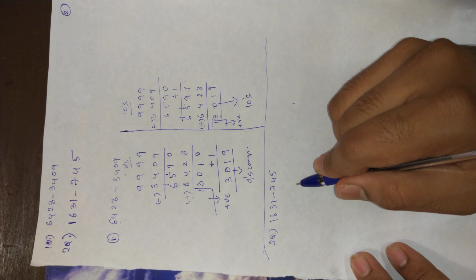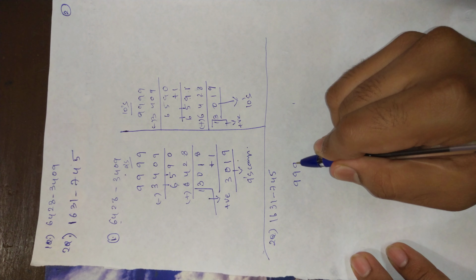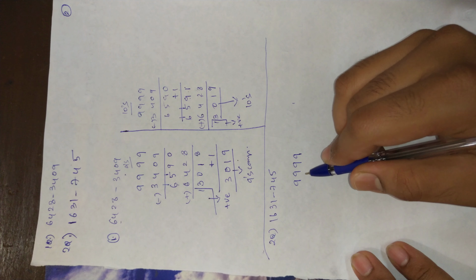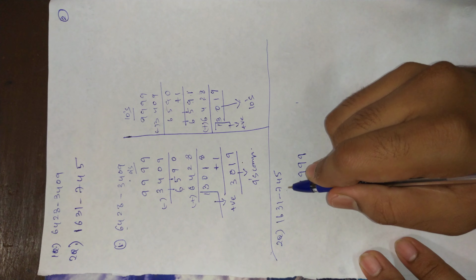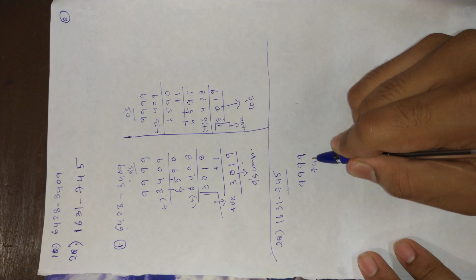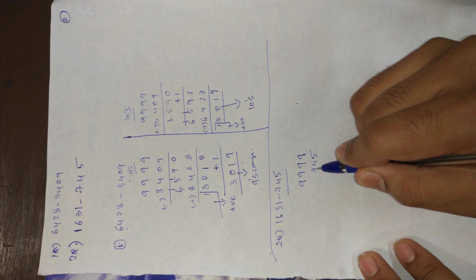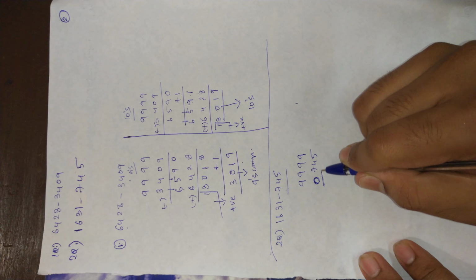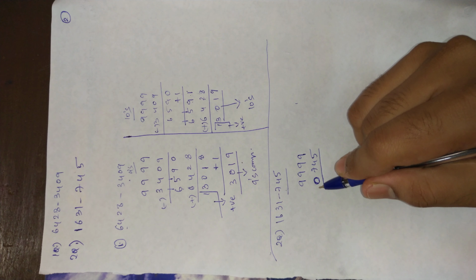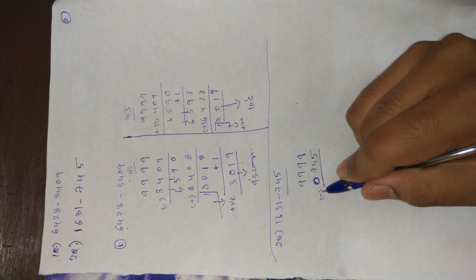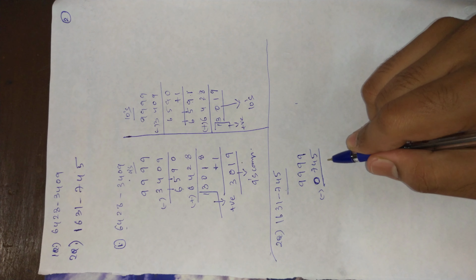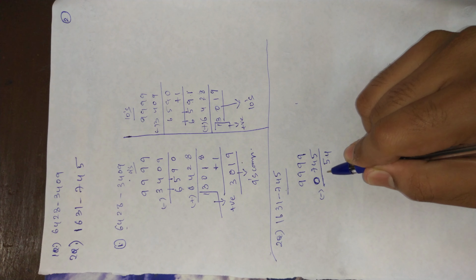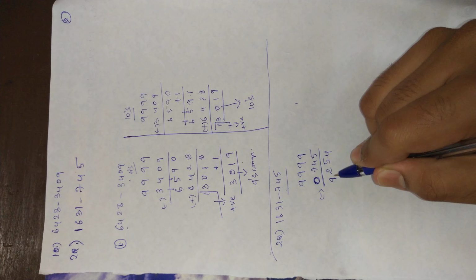Now here what you are going to do: first write all the 9's lines. Do the 9's complement of the given second number, 745. Here it is a 3-digit number, but you can add 0 to the front. Then subtract these numbers. 9 minus 5 is 4, 9 minus 4 is 5, 9 minus 7 is 2, 9 minus 0 is 9.